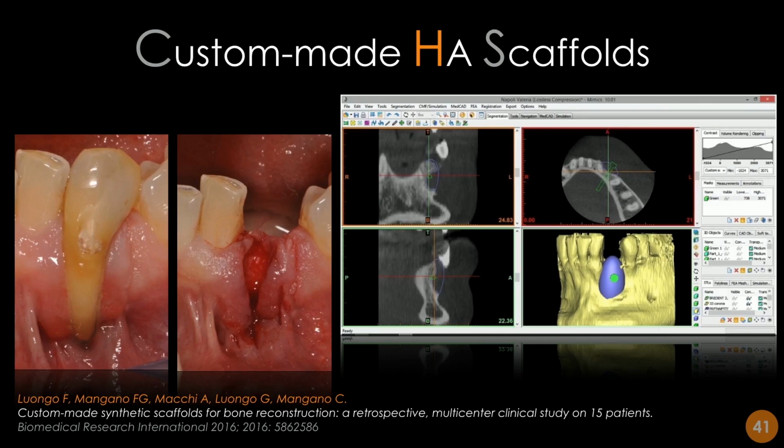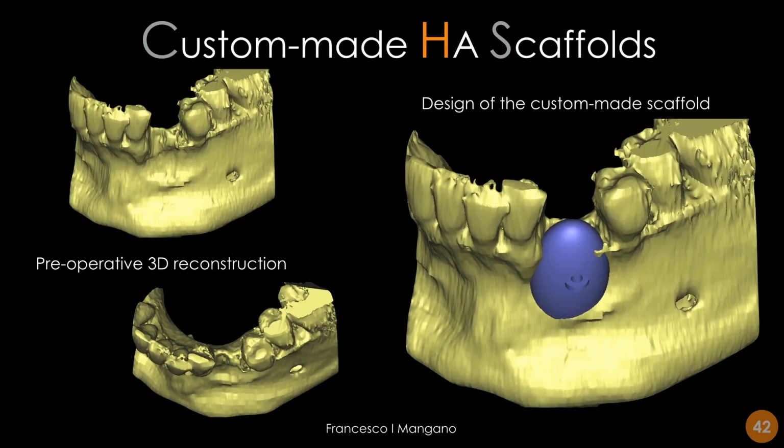Here there's a defect, bone that needs to be regenerated. Combined computed tomography DICOM files are imported into 3D reconstruction software to design the scaffold that fits exactly the bone defect of the patient. Then the scaffold is milled in synthetic hydroxyapatite using a milling unit, and it's ready for clinical use and for the application. As we can see, a few screenshots from the 3D reconstruction software,